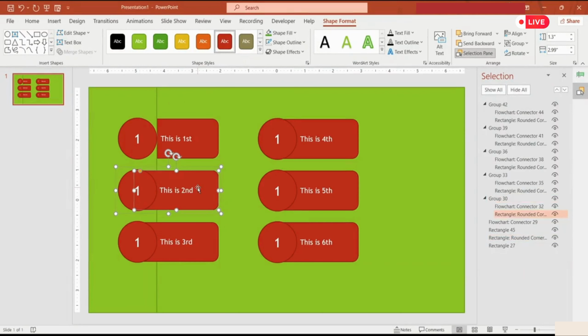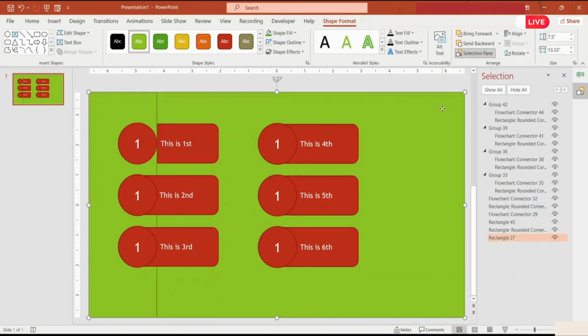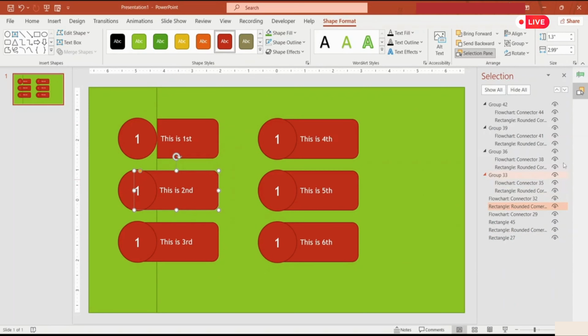So I'm going to click over here too. I'm going to ungroup them. First off, I'm going to ungroup them together. Click on the animation pane, or maybe on Align or Group, and ungroup all of them. Then I'm going to do the same thing over here. I'm going to put it down. I'm going to do the same thing over here, ungroup them, and put it down too,